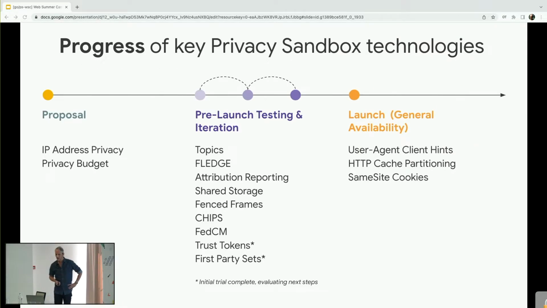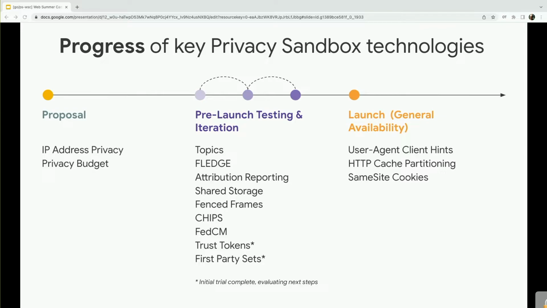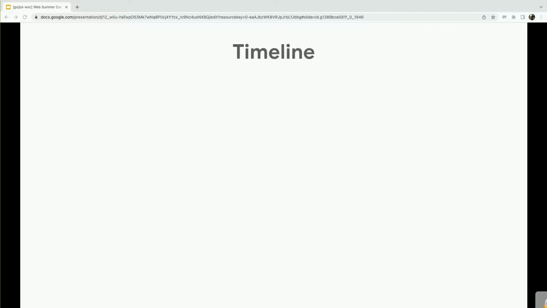I'm not going to go deep into this process, but one thing we need to understand is that this is an iterative process. We currently have 12 proposals at various stages of development. There are 5 Privacy Sandbox technologies available now for public testing, including the 3 main ads APIs that I'll talk about today: Topics, Fledge, and Attribution Reporting.